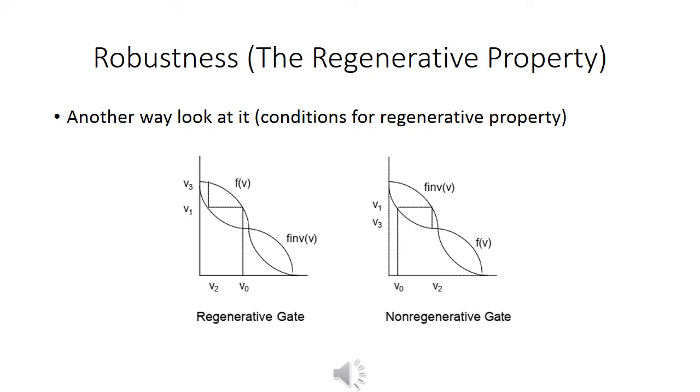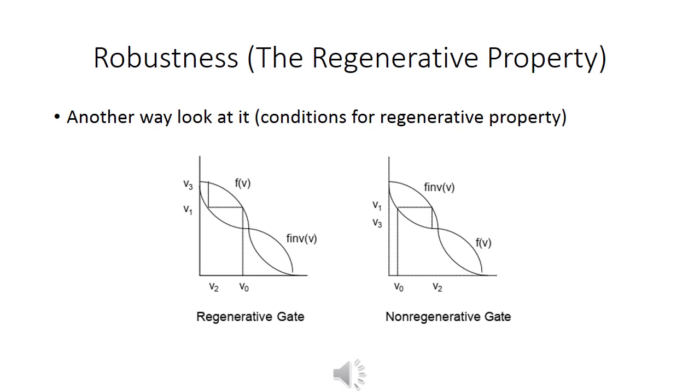The given figure plots the VTC of an inverter as well as its inverse function, which reverts the function of the x and y axis. Assume that a voltage V0 deviating from the nominal voltage is applied to the first inverter in the chain. The output voltage of the inverter equals V1 and is applied to the next inverter. Graphically, this corresponds to V1 equal to F inverse of V2. This signal voltage gradually converges to the nominal signal after a number of inverter stages, as indicated by the arrows.